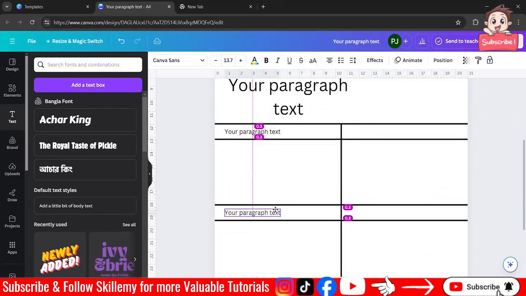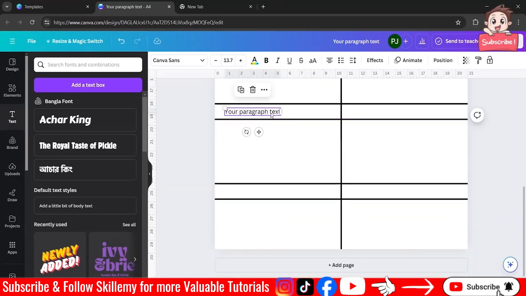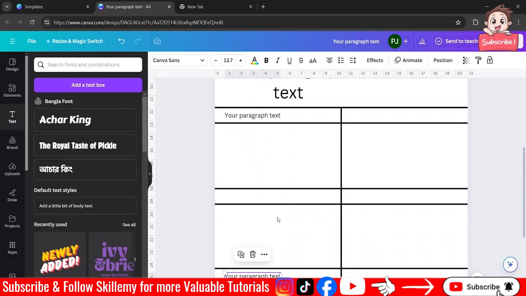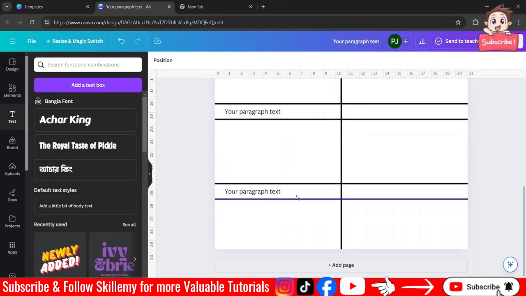Let's copy this one, place it to center, and make another copy. And let's place this to center. So over here everything is in center.